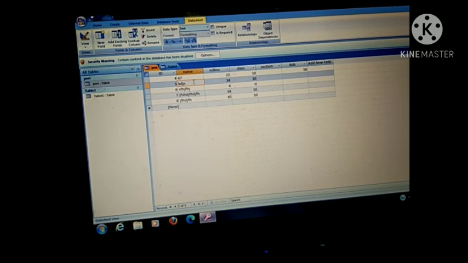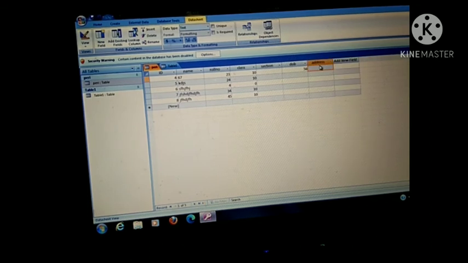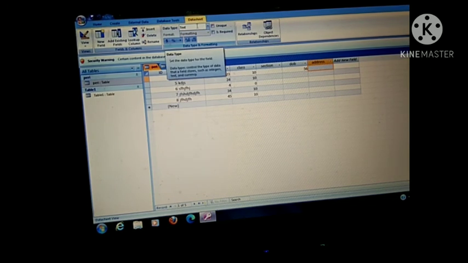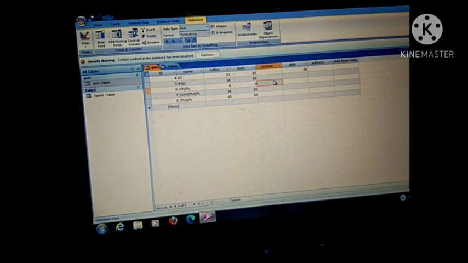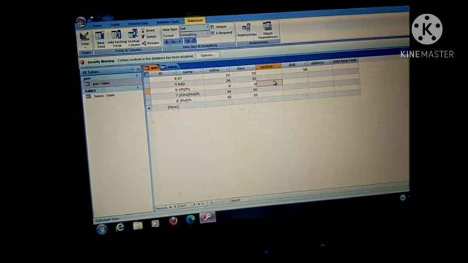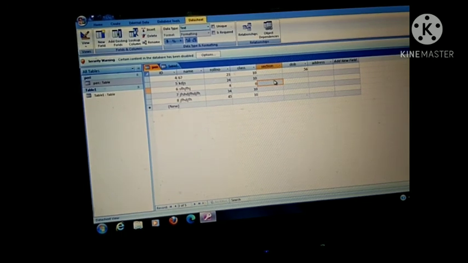So it means, ma'am, I am creating one new field and the field name is address, because my home address contains both things. So in this I want to insert address, so what data type do I have to take? It means you have to take the text data type. Children, by default the data type is text. Okay, so in this manner we can create the table in datasheet view.